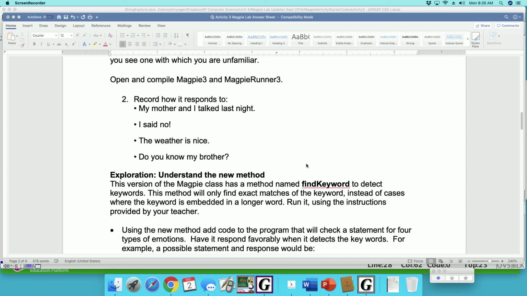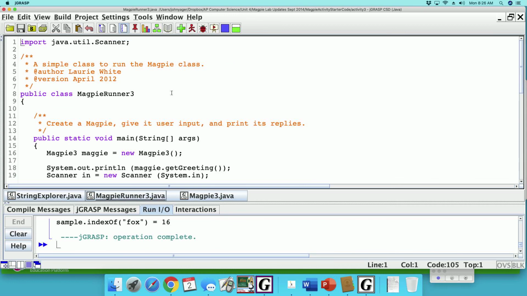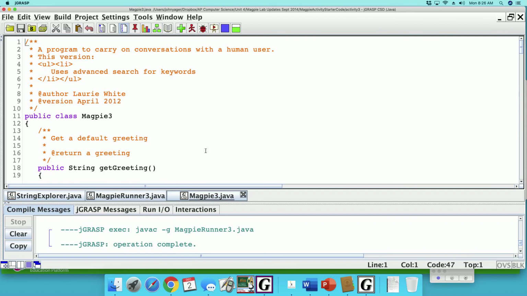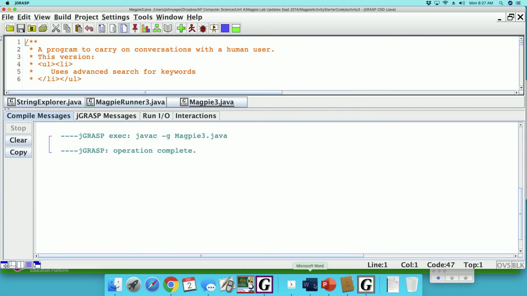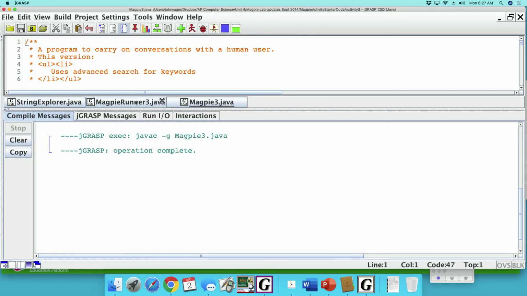Okay, in video 2, we're doing activity 3 using Magpie3. So make sure you've opened up Magpie3 and the runner. Compile each one. Alright, so the lab wants us to say a few things. So my mother and I talked last night. So let's try that. We do the runner,